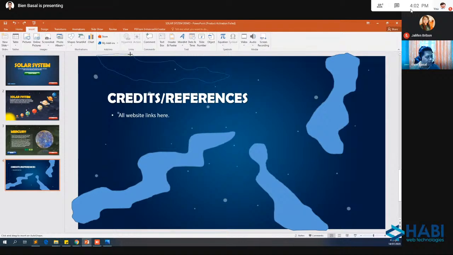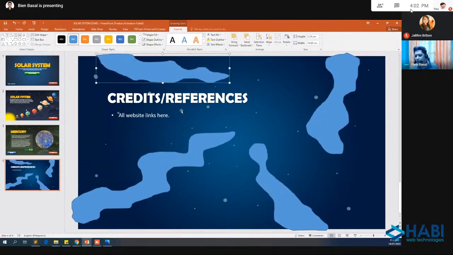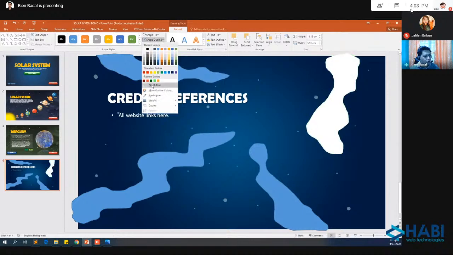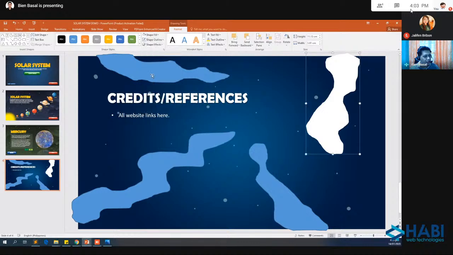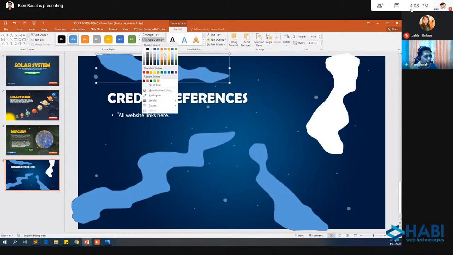And okay. Now, observe. I will change this to white fill, but no outline. I don't want to use outline. This one, same. I can use here light blue. Light blue is okay, but again, no outline.